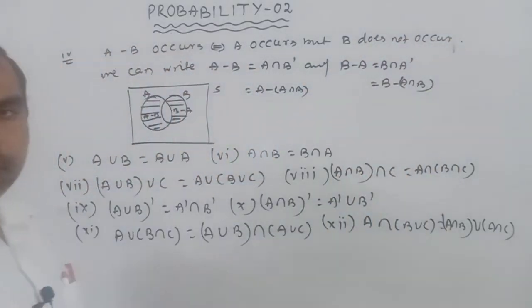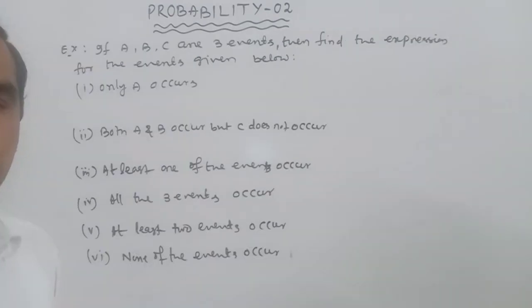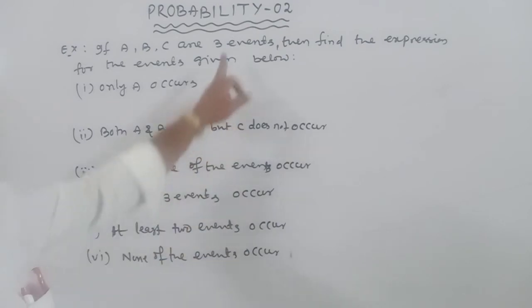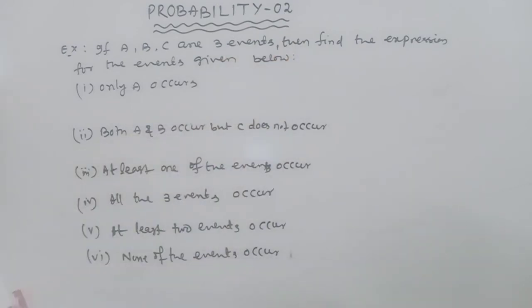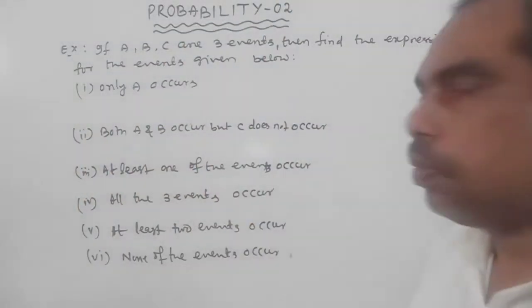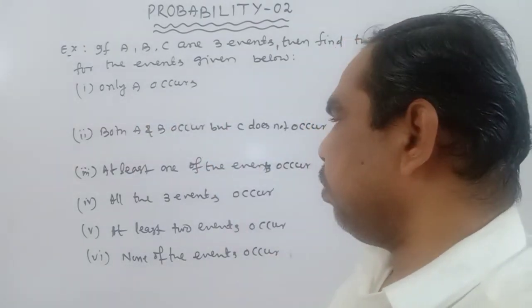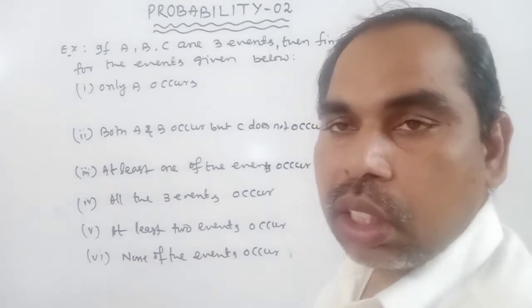Okay, these are called algebra of events. This is a question. If A, B, C are three events, then find the expression for the given events below. Okay. So question number 1, only A occurs. Only A occurs means